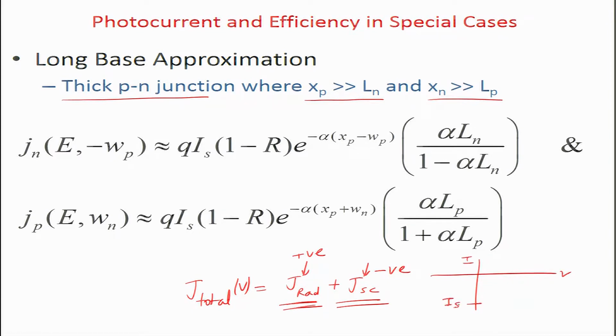This is the short circuit current at 0 bias, and as you keep applying bias, the curve goes like this. This means your ISC is now being countered by IV, which is the diffusion current, the space charge recombination current, and if you have any radiative recombination current, that will also contribute, and they are all positive currents. So, all the positive current factors which we saw earlier for the p-n junction in dark will start opposing this negative contribution.